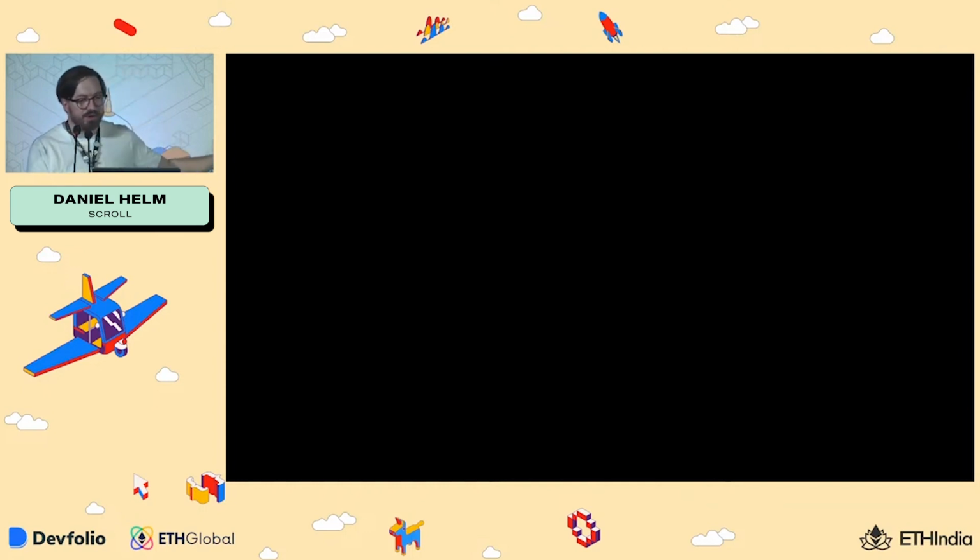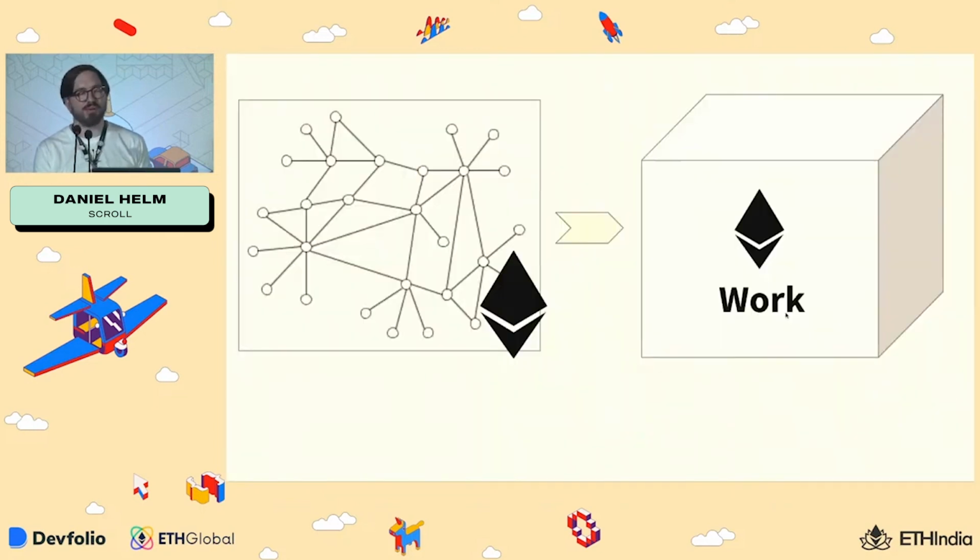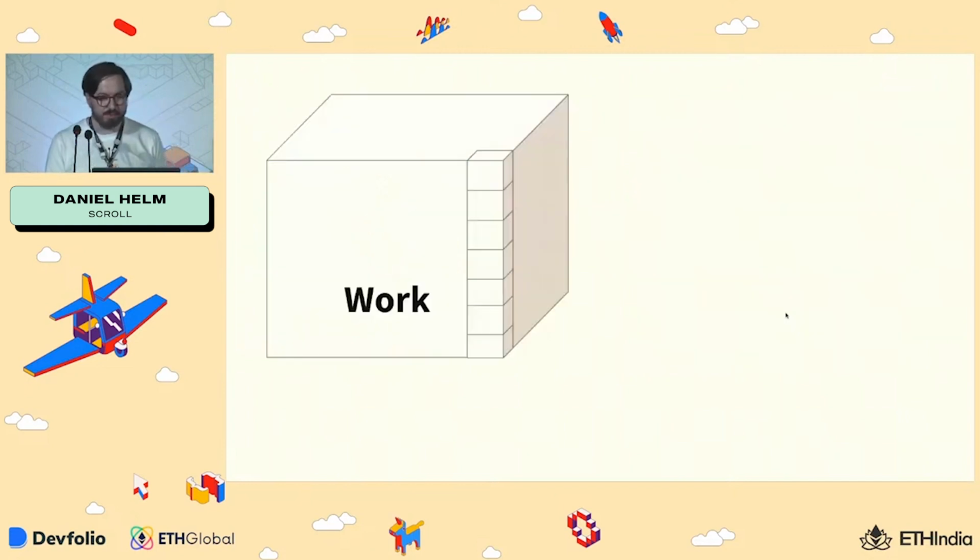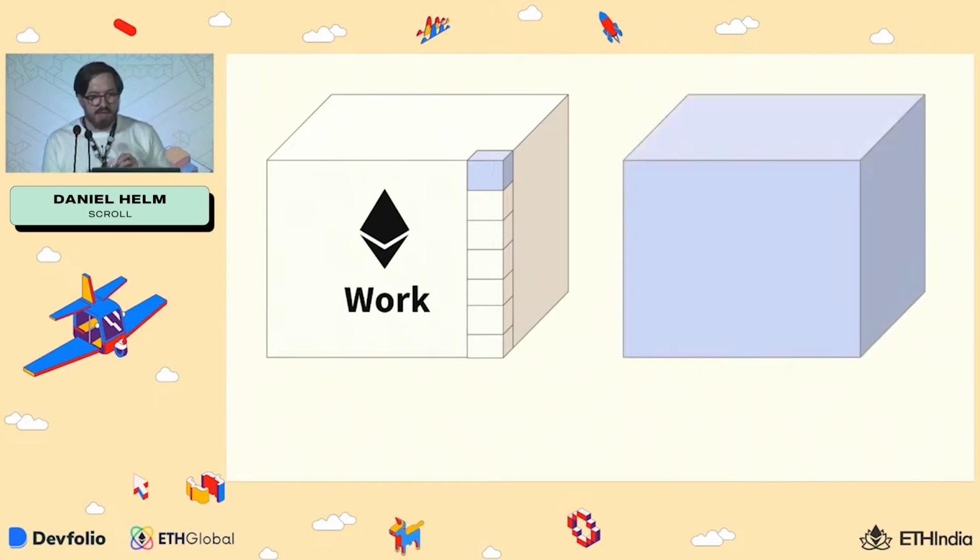As we mentioned, Ethereum is this network of nodes doing a bunch of work, and we're going to symbolize that as a big block here. So I have very mature graphics. Thank you. We can think about this work as the block, and we can break it into sub-work, right? So maybe this top block up here is minting an NFT. Maybe this is swapping our token. These are things that smart contracts do on Ethereum, right? Now, thought experiment. What if we just dedicated a piece of the work that Ethereum was doing